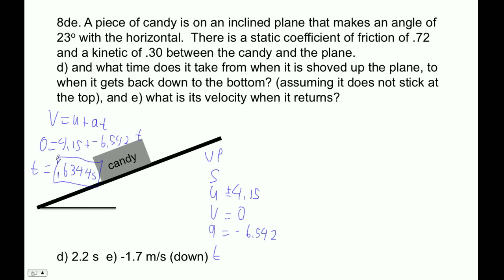I'm storing that in H just for fun. I've got all these memory registers. So that's 0.6344 seconds, and then to figure out the displacement,